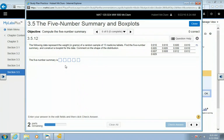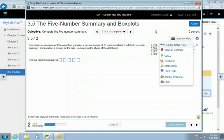And if you notice, this 5-number summary, go to question help. And there's your different learning style helps. Now, let me explain to you